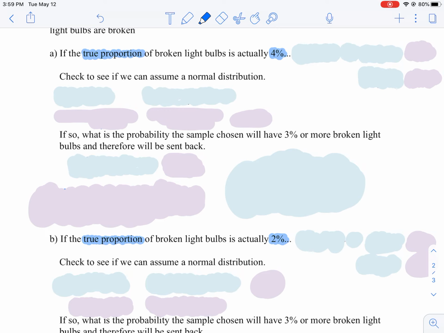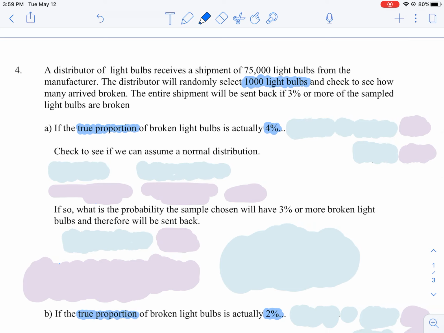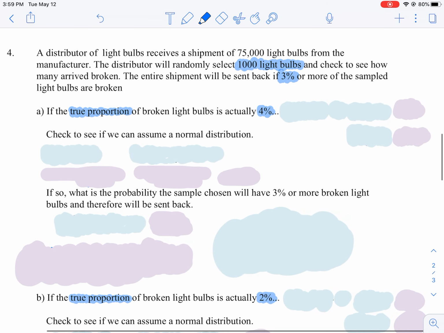We're looking at it differently in this example. We're actually looking at, okay, we don't know the true proportion. We're going to say, okay, he's going to send his shipment back if 3% or more of his sample bulbs are broken. So what's the probability that 3% or more of his sample bulbs are broken if the true proportion is actually 4%? And then we're going to look at it also if the true proportion is actually 2%. Okay, so